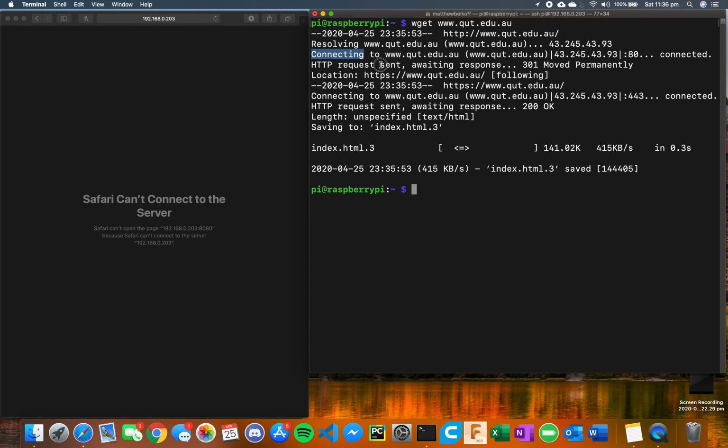So it connects to it, sends the HTTP request, waits for a response, and of course gives the location, time, access, that we connected to it, length, and pretty much it just saves the HTML. So now we can access the HTML, and this will just show us what the website runs off. So if we just go cat